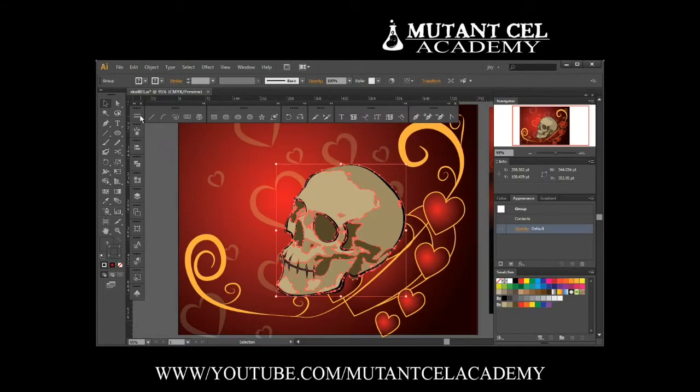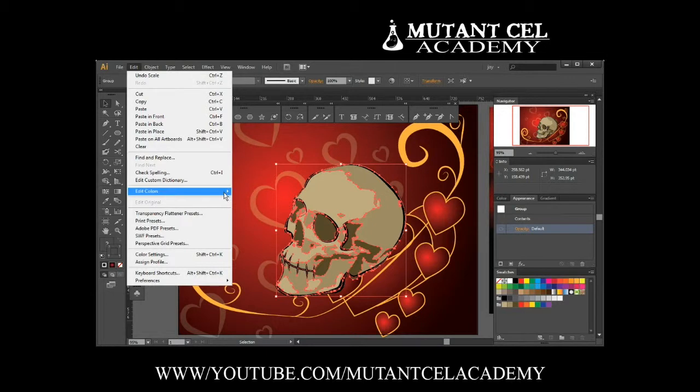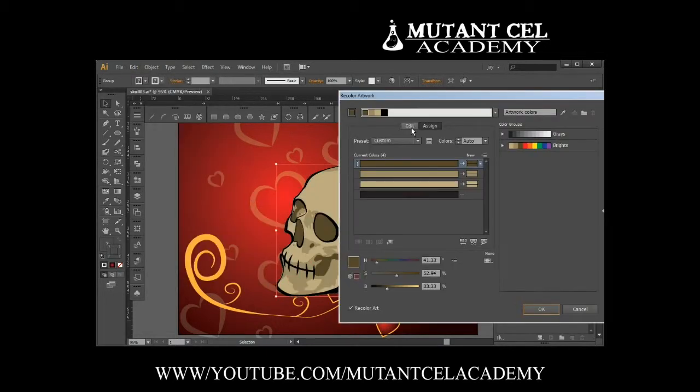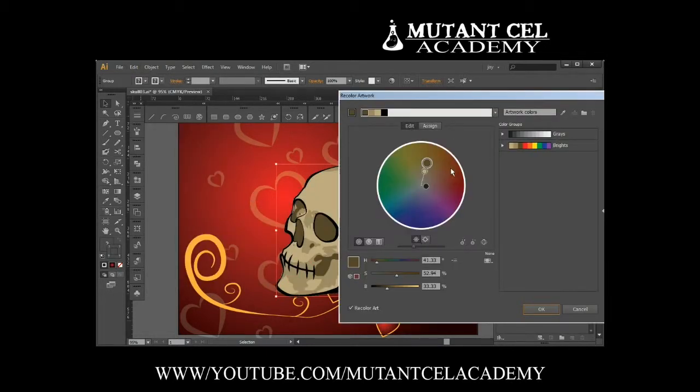And we'll go again to object, edit colors, recolor artwork. And we're gonna go to the edit button, so you can see that it's mostly in the brown area, or bone color, and we want to change it so it's more in the red color. We'll change these to reds as well. Alright, that's a little better, but I think that it appears a bit too dark, so I'm going to adjust the brightness of the colors. This one is pretty good, being that it's the holes in the skull, but overall I think that's pretty good